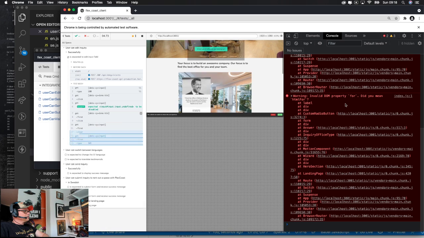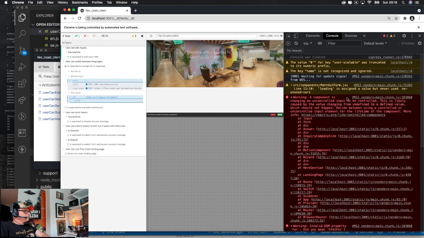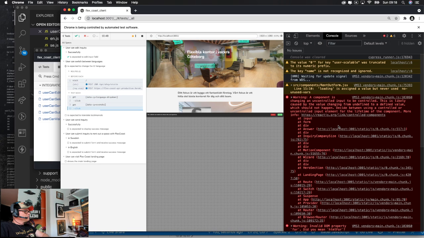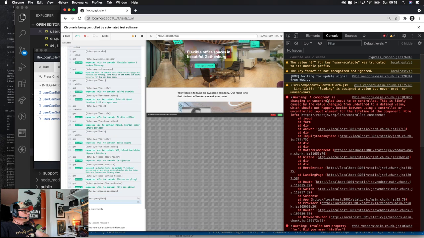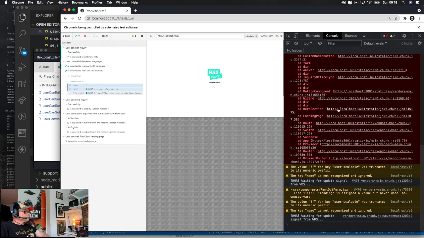And now we're getting, oh my god, back in the red. Okay, so a component is changing an uncontrolled input. That's not a biggie. We can fix that probably.